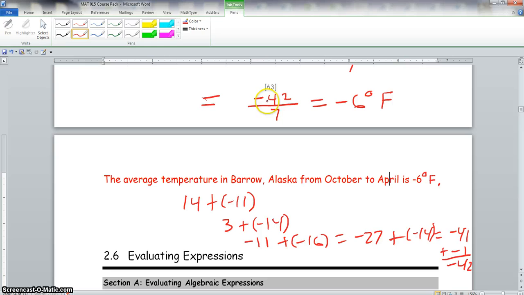And that's how we get this negative 42 here. So negative 42 divided by 7 will give us negative 6 degrees Fahrenheit. And the average temperature in Barrow, Alaska from October to April is negative